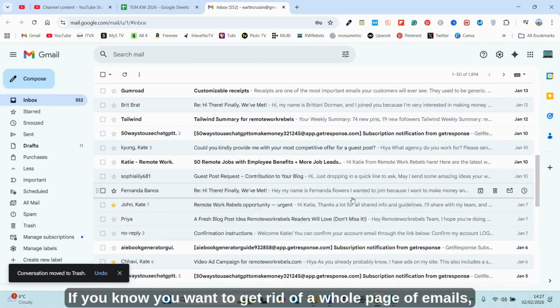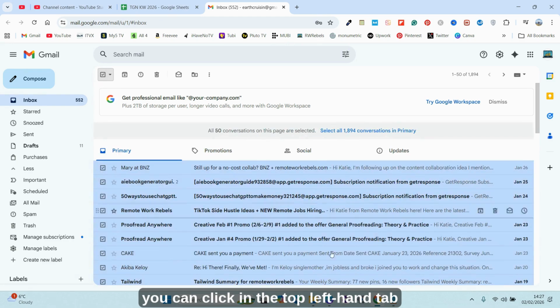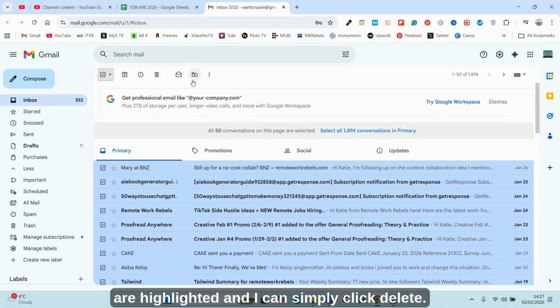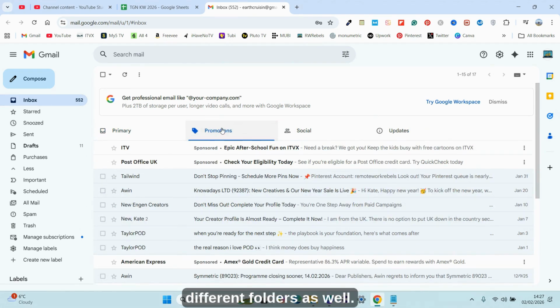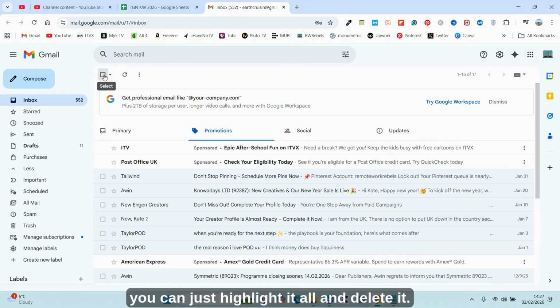If you know you want to get rid of a whole page of emails, you can click in the top left-hand tab and you can see all the emails on this page are highlighted, and I can simply click delete. You can do this for different pages, different folders as well. So if you've got a lot of promotional stuff you want to get rid of, you can just highlight it